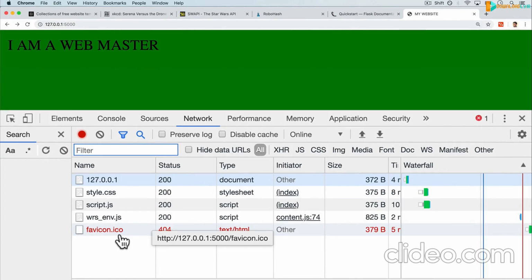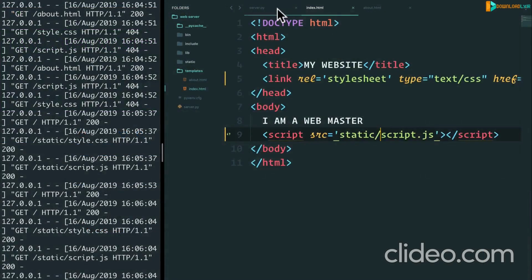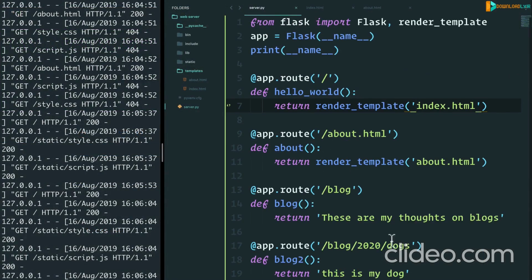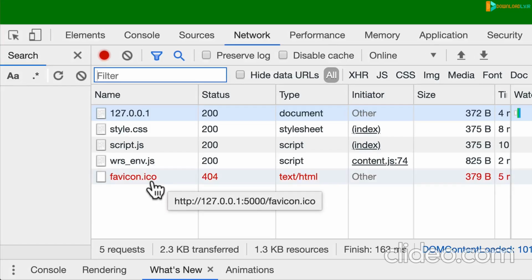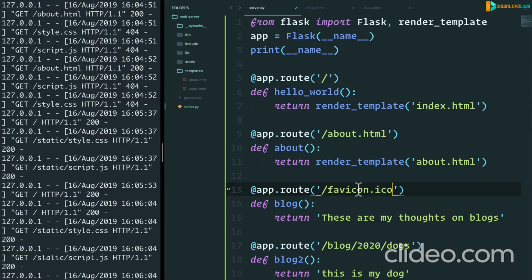And the way we would do that is to, again, in our endpoint, instead of the blog, I'm going to say favicon.ico for icon. And we can just send it an image. How will we go about doing this? I'm going to show you the answer in the next video, but I want you to give it a try